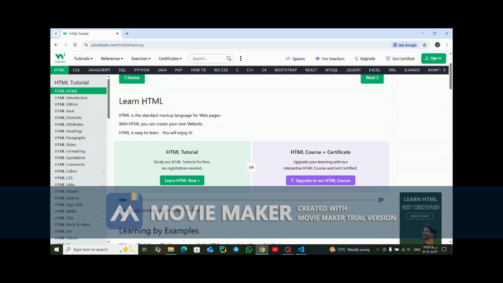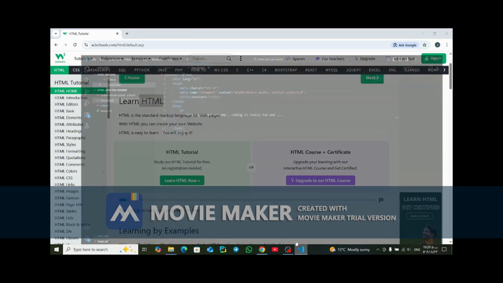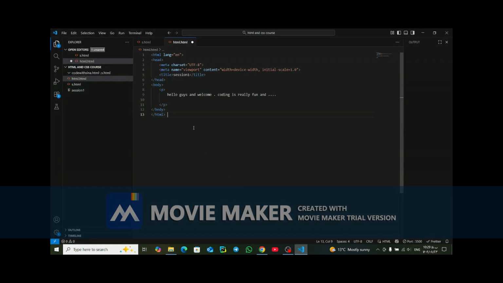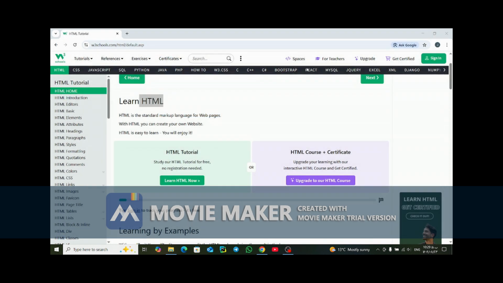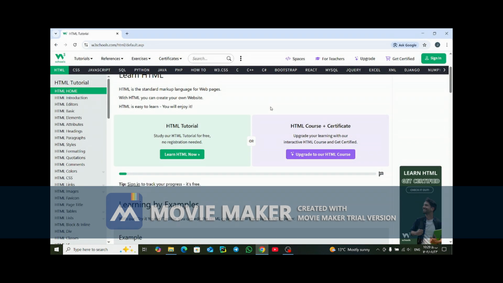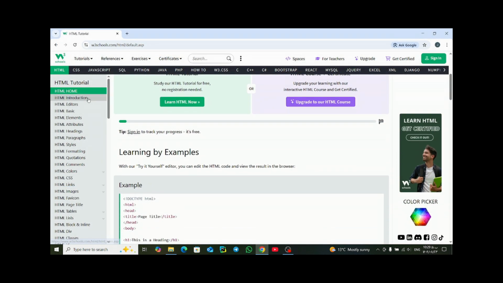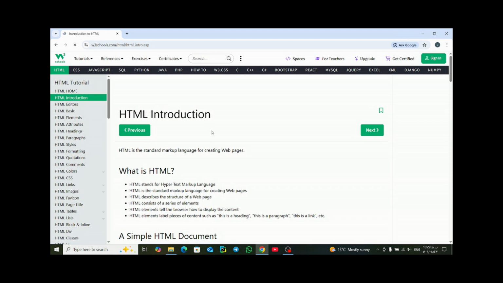Yeah, actually, I forgot to tell you guys something. HTML stands for hypertext markup language. Hypertext markup language. And for example, the introduction,